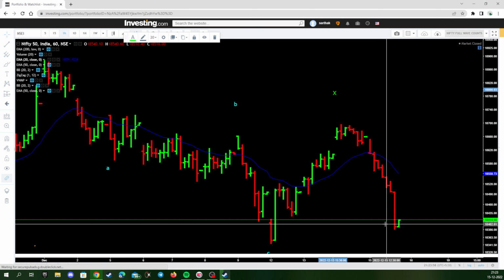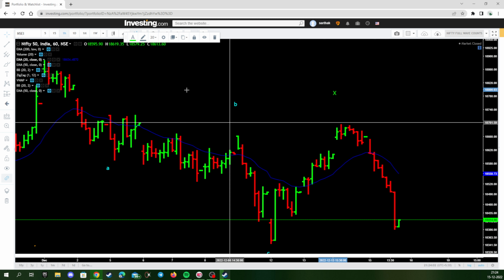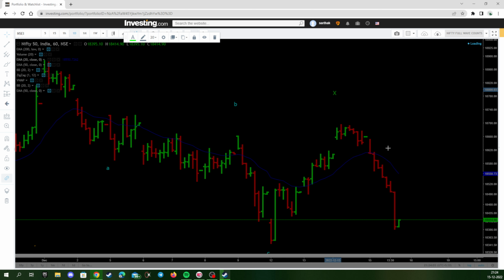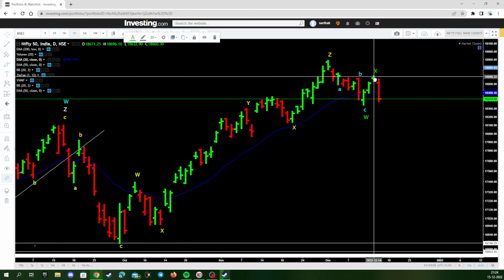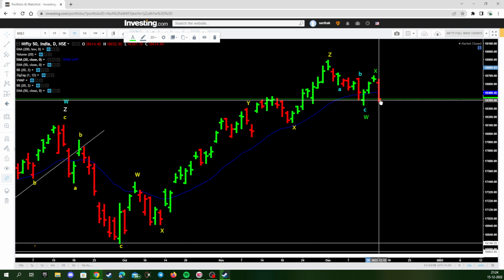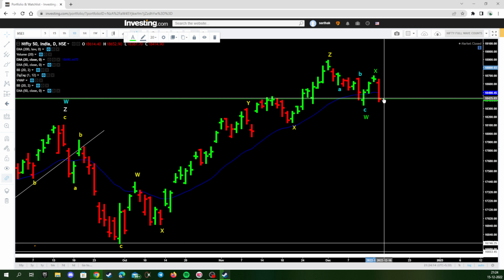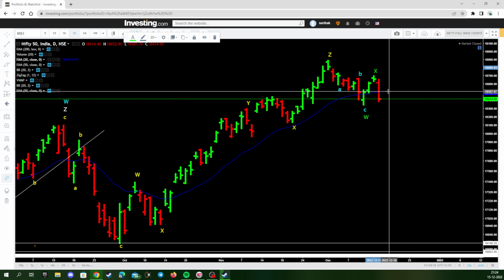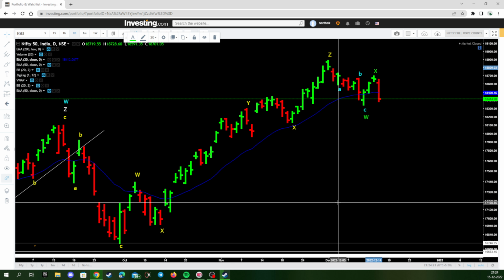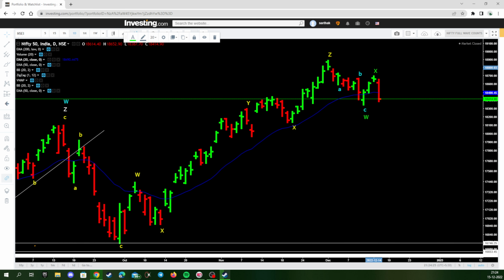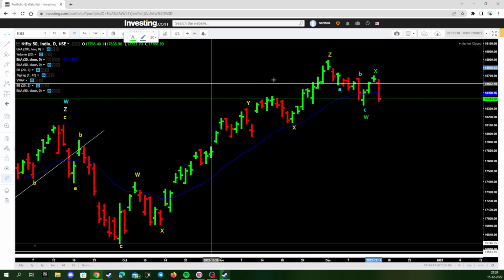2 3 4 5, a 5 wave decline in the daily candle. So let's suppose that we have done an impulsive fashion move, then it's possible that tomorrow if we start to get a positive start for the day, we might do a counter trend bounce which might retrace, let's say 50%, or even goes up till the 20 EMA, which is around 18,490, before we actually start our downward trajectory in